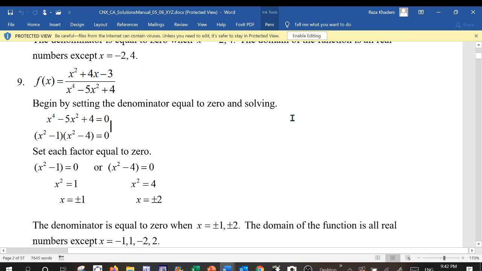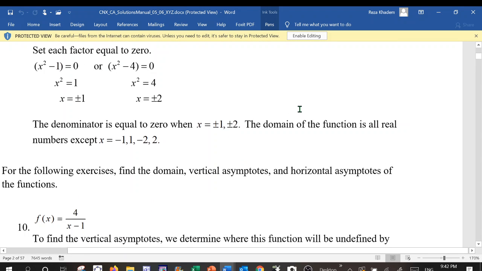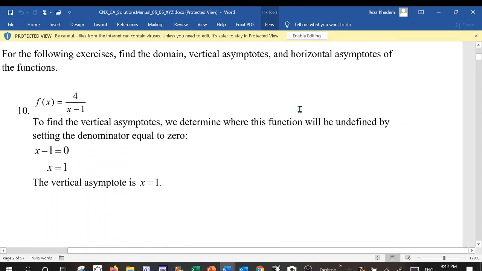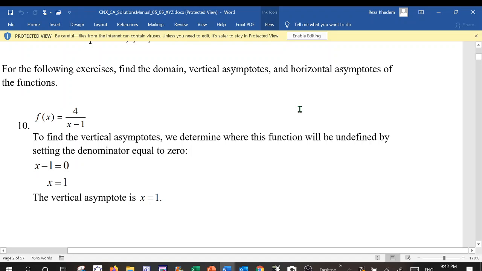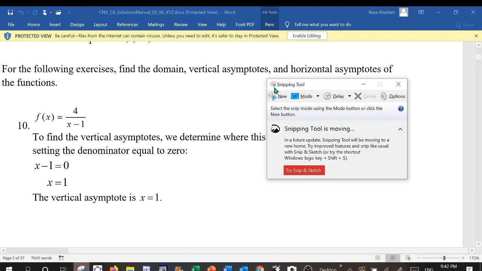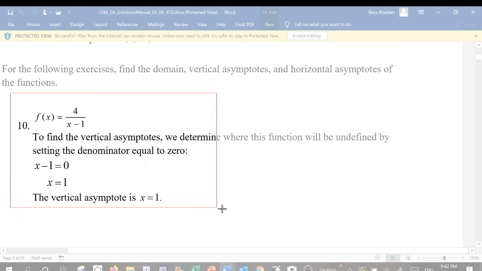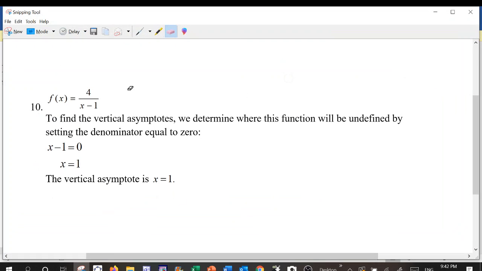Now, what about number 10? It says, for the following, find the domain, vertical asymptotes, and horizontal asymptotes. Okay, so let's do that. Now, sometimes the rational functions are related to these functions: 1 over x, 1 over x squared, right? We know how to graph these. So 1 over x looks like